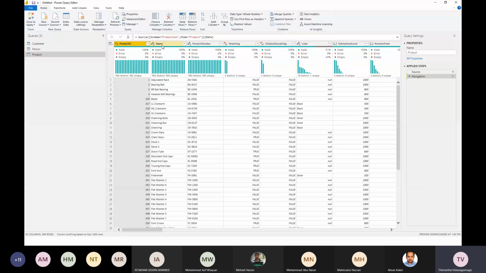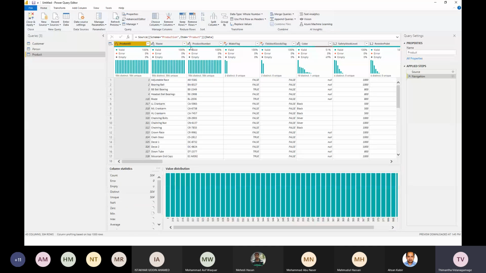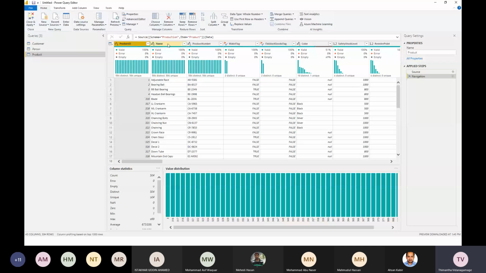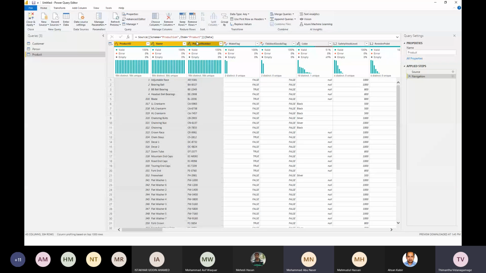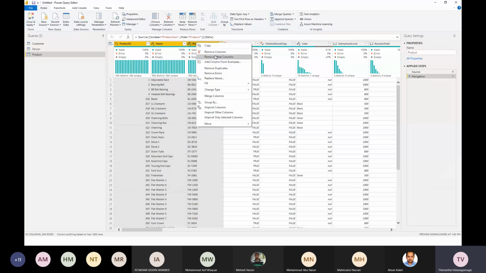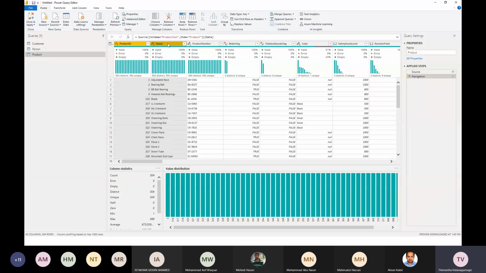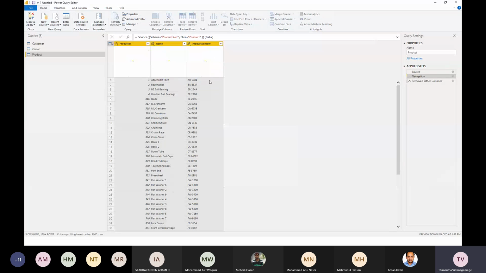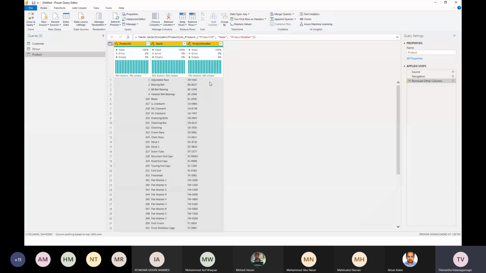And so in this case, I just want the product name and product number. I don't want anything else. So what I'll be doing is I would just select on product name, product number, and product ID, and I would click on remove other columns option. So how you do that is click on the Control K and click on the required columns. And after that, just right click on the selected columns, or one of the selected columns from out of the three, and click on remove other columns option. So when you do that, you have isolated these three columns and removed all the other columns from this particular